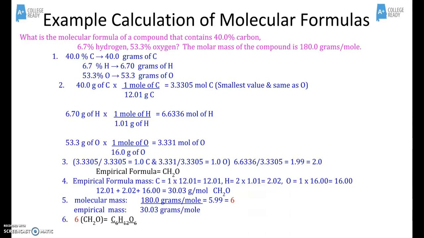That gave me a value of 5.99, which has to be a whole number, so I rounded it up to 6, and therefore I now found my multiplier of 6, and I can use the distributive property of multiplying it to the carbon of 1, therefore I'll get 6 carbons, 12 hydrogens, and 6 oxygens for my final answer of glucose. Now, molecular formula is not hard, it's just very tedious, and you have to keep adding